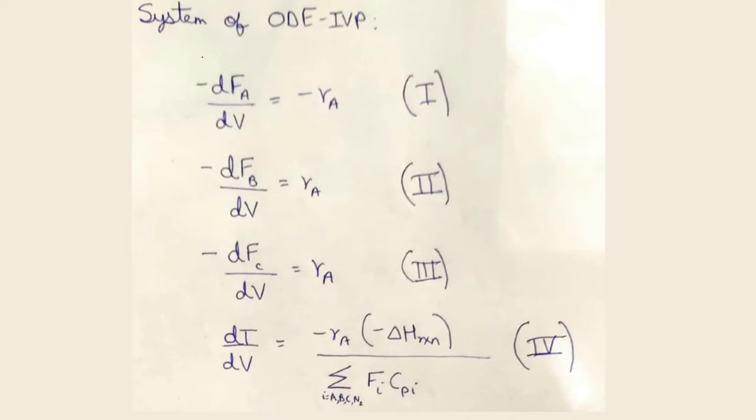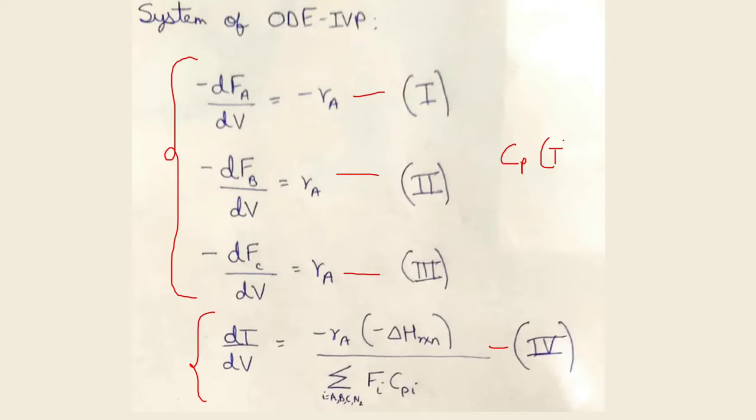So let's write the system of ordinary differential equations again. We have these three equations which are the component balance slash design equation for a plug flow reactor, and we have this equation which we derived just a few seconds back, which is the energy balance, and we'll call it equation 4. But while we write these down, we should also keep in mind that we have specific heat